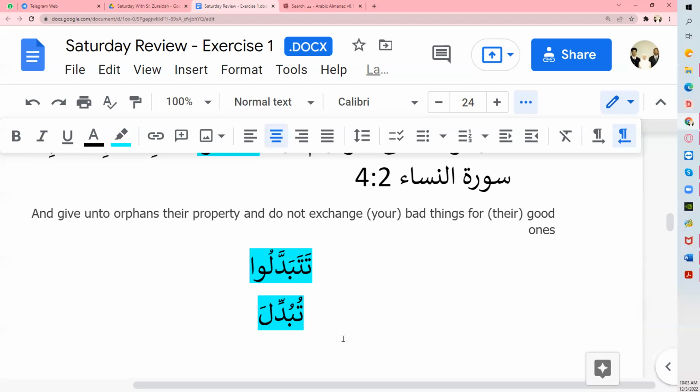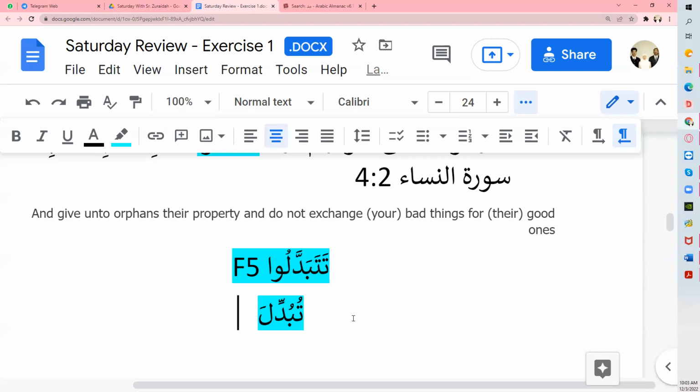So tatabaddalu is the fi'il mudhari'. It's actually tabaddalu, right? The ta before that doesn't belong to this word. So this one is a doer. Tabaddalu, because this is a mudhari', but this is not a mudhari'. This is a madi. So in the madi, the extra ta is by itself. There is no ya in front. We don't have a madi with a ya in front, right? Only the mudhari' has the ataina letters. Remember the ataina letters? So this is actually family 5.